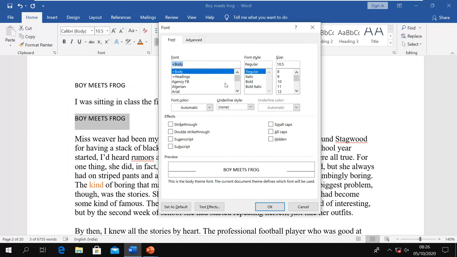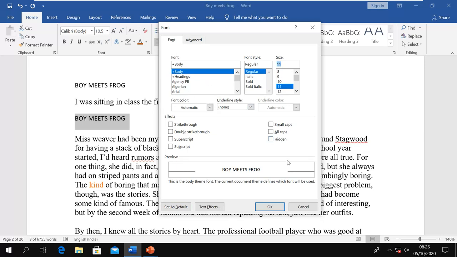From here you can change what you want to change, like font, you can change the style, the size, the font color, underline option, you can strike, double strike, you can do superscript, subscript, you can have small caps, all caps, hidden, and whatever you do, you can see the preview here. And then after doing that, you can set as a default.